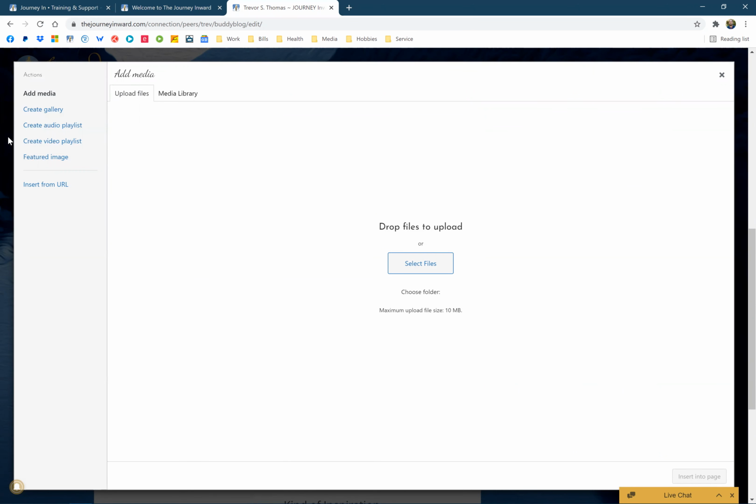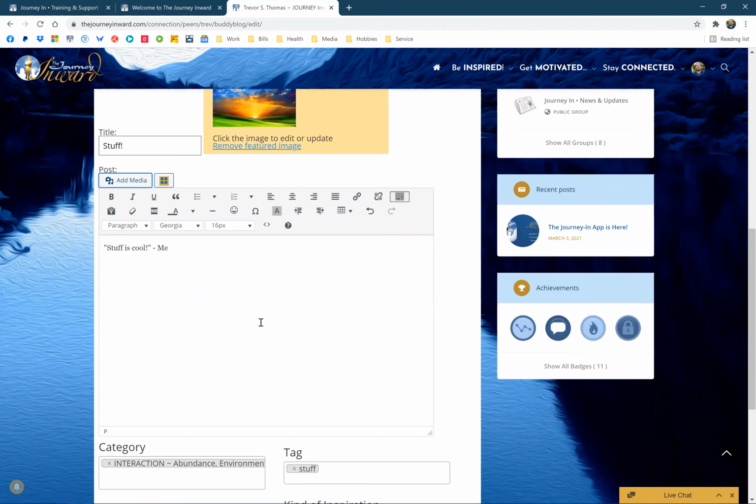So that's articles, media content, photo gallery, video playlist, audio playlist. You can upload pretty much anything so long as it's under 10 megabytes. And then it'll just show up in the content. So with videos, it's better to link to something. With audio files, you could upload it to something like SoundCloud and then paste it in the page. But you could also upload it directly to the site and paste it in the page, and it'll just display